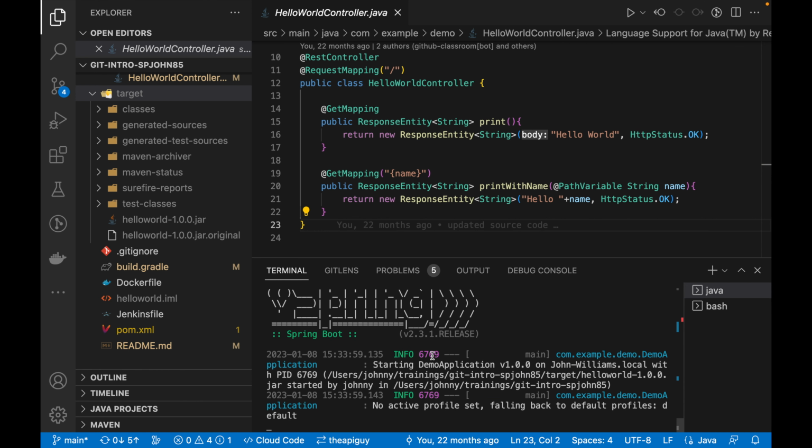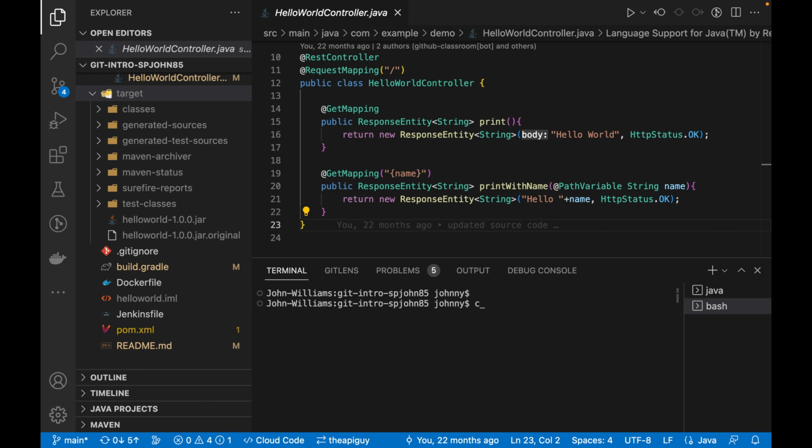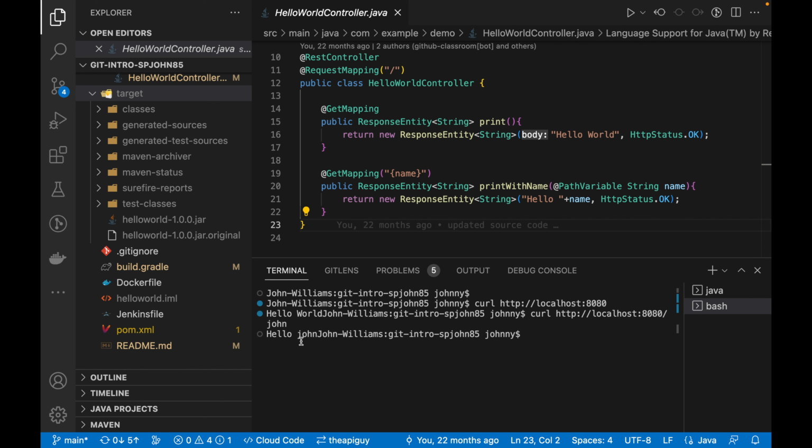This will serve this application on a particular port number, which is 8080, which we'll use to validate whether the REST API is behaving as per the requirements or not. I am going to invoke the particular endpoint over the HTTP protocol on port number 8080, which gives us the desired result of hello world. If I pass an additional name with it, it should give me the result with that particular name.